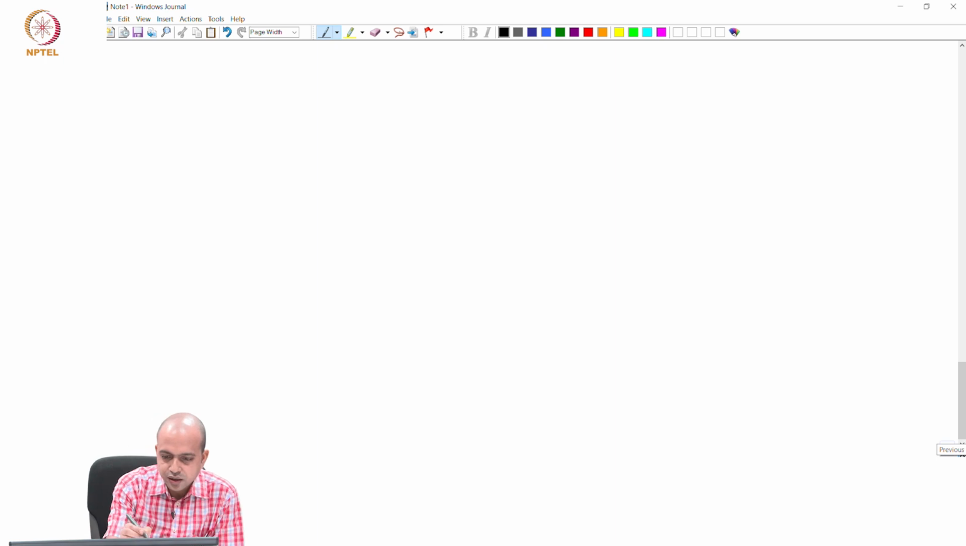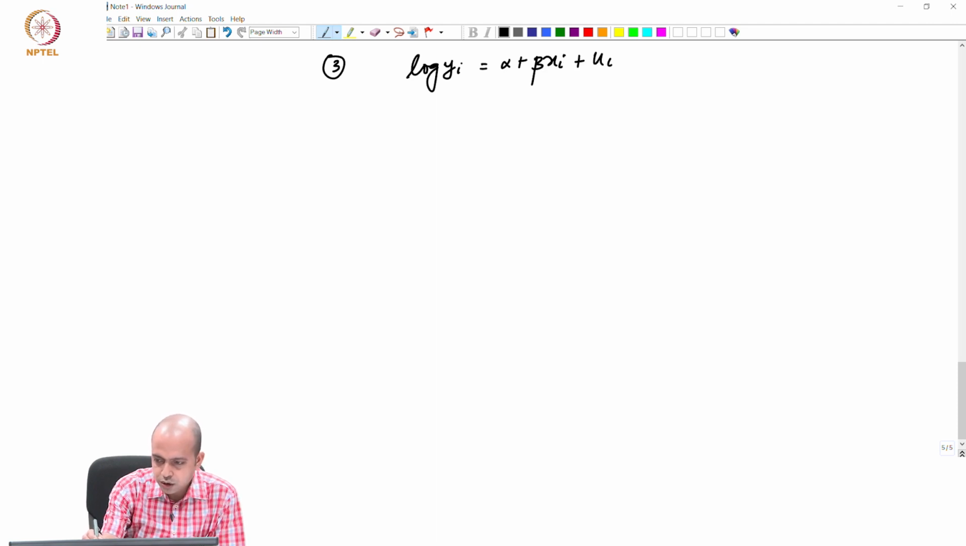The third case is this. What is the third case? Log of yi equals alpha plus beta xi plus ui. Now, if I apply the interpretation of model 1 here, then I can write that for a unit